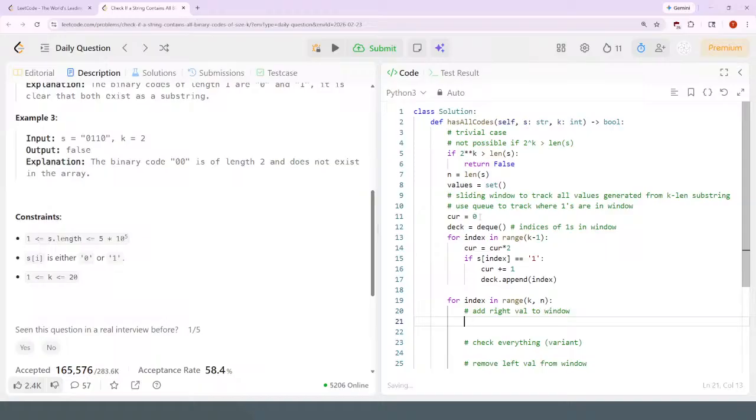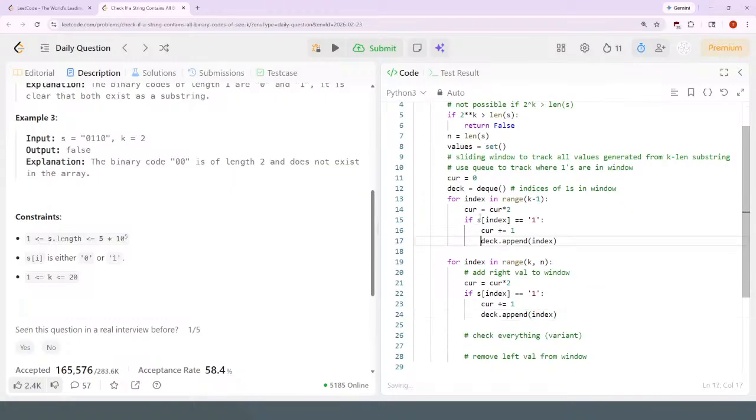So add right value to window would mean that I do current equals current times 2 if s at index equals 1. Same thing as above. Current plus equals 1, deck appends this index,